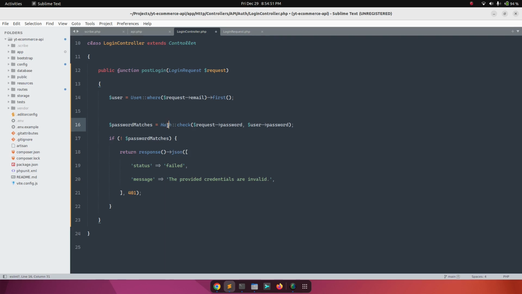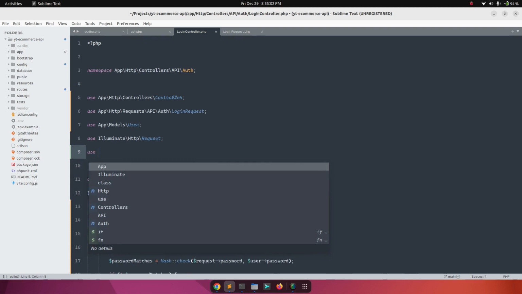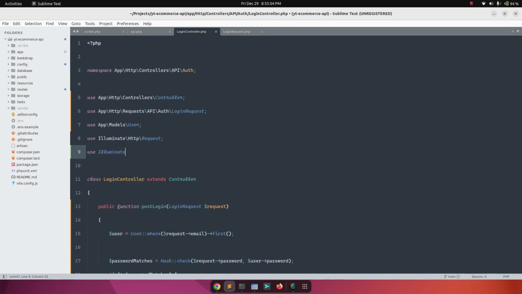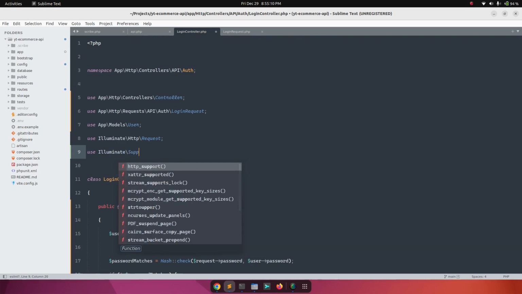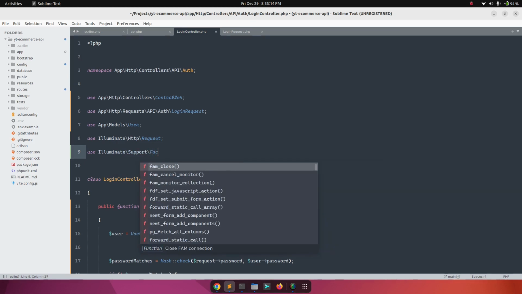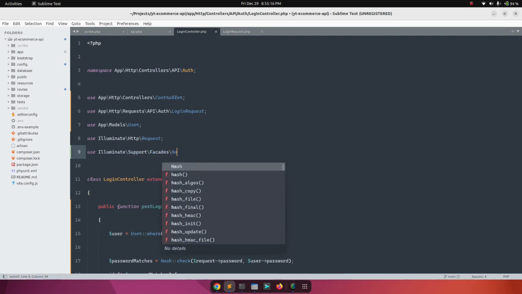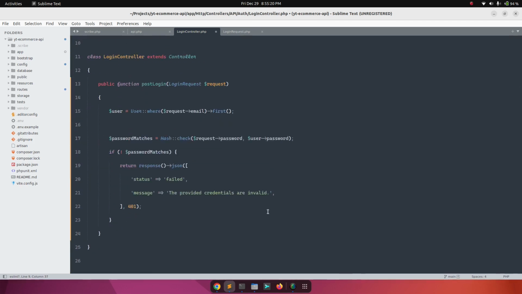I will import this class, which is supposed to be use Illuminate Support Facades Hash. Okay,